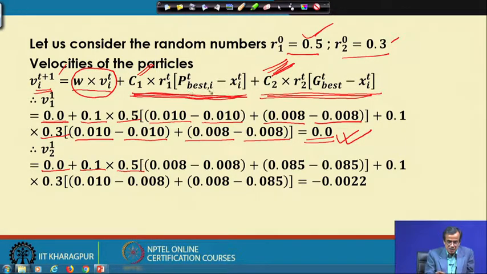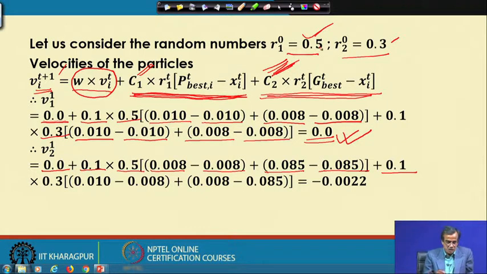Now, the personal best corresponding to the first design variable of the second particle is 0.008 minus the value of x_i(t) corresponding to the second particle in terms of b, 0.008 plus 0.085. This is the personal best of the second particle corresponding to the design variable h, and 0.085 is the value of h corresponding to the second particle, plus